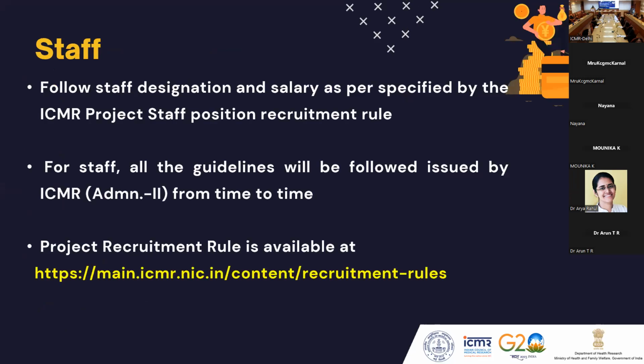Next, then again we come to staff. When you are selecting the staff, you have to follow the ICMR guideline. Whatever designation is available in the ICMR project recruitment rule, that designation you can take. The maximum questions I receive are like, we want to recruit an instructor, so give the provision for instructor, we want to recruit this post. But that post is not defined under the ICMR project staff recruitment rule. So obviously you can't take it, but they want to take it, and they also propose it. Even though it is not a facility in our system, they used to write it, and ultimately what happened? Those posts are